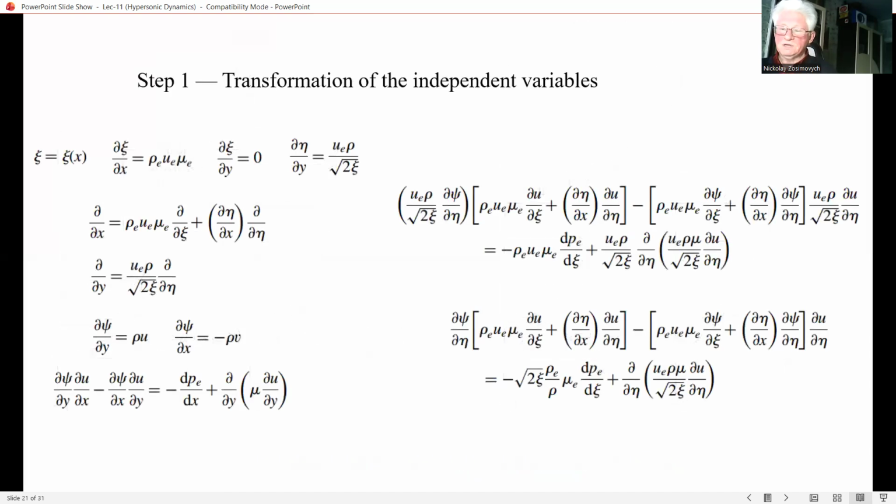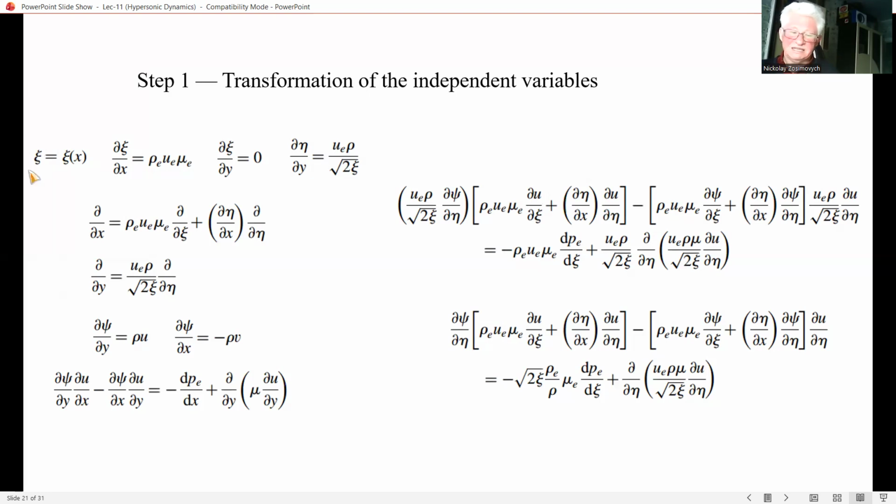Let us now transform the boundary layer equation, which you have seen in the previous module, from physical x and y space to a transformed zeta and eta space, and examine the possibility of self-similar solution. So, the transformation here is that